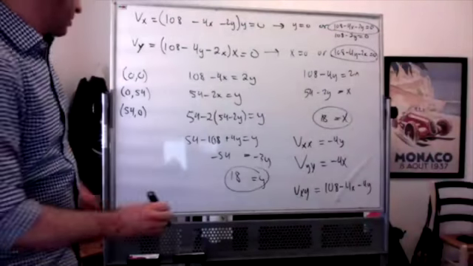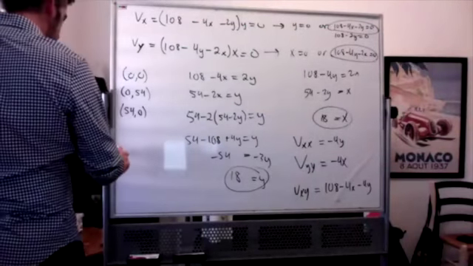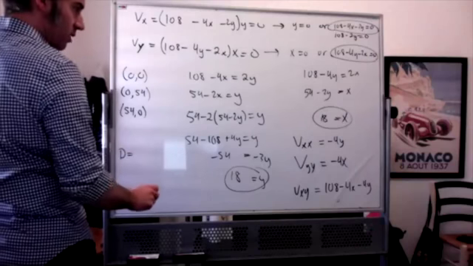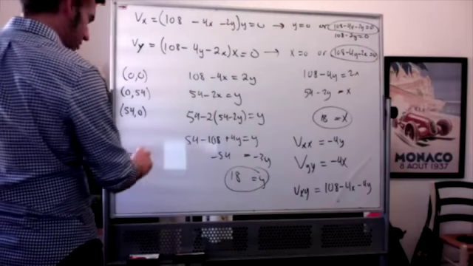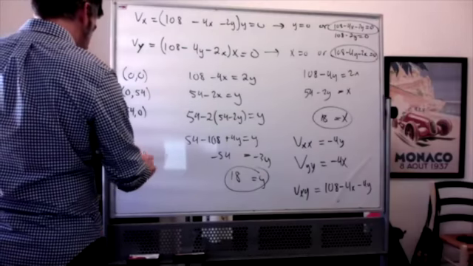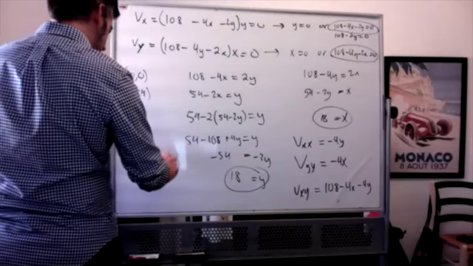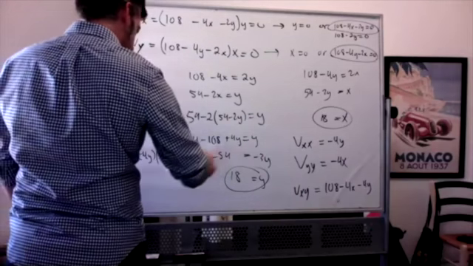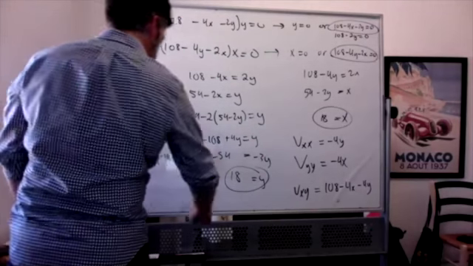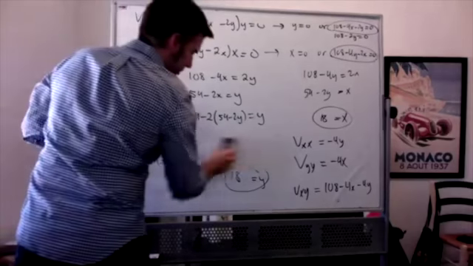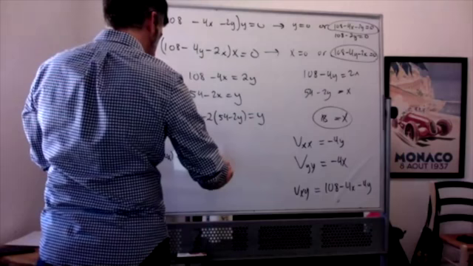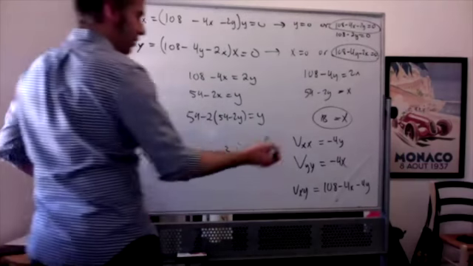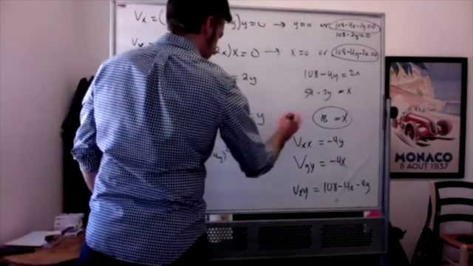And so then finally, calculating the determinant of the Hessian, we're going to get Vxx Vyy minus Vxy squared, so that's going to be negative 4y times negative 4x minus that number squared, 108 minus 4x minus 4y squared. Sorry, I'm kind of running out of room here. If I plug in my critical point, which is 18, 18,